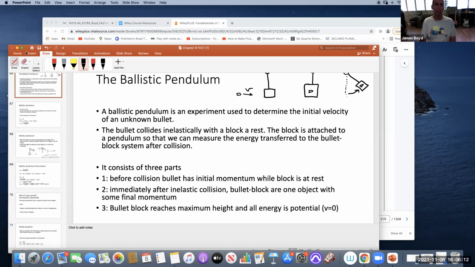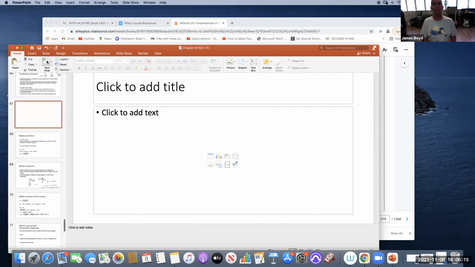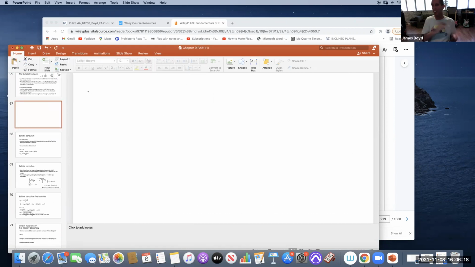This problem comes up a lot. Now that we've used energy, this might actually help you figure out energy and the change in momentum. When forensic detectives want to figure out how fast a bullet travels, like the muzzle velocity of a gun, they will have a bullet, and we're going to call this MB for the bullet, traveling at some initial velocity. They fire it into usually a block of wood or rubber that's attached by a string